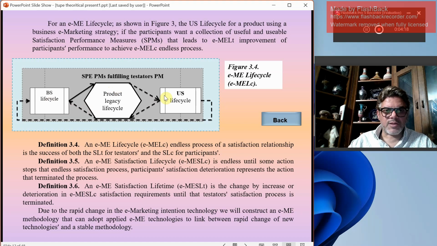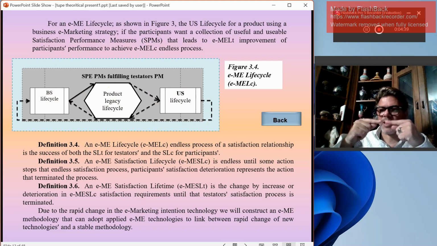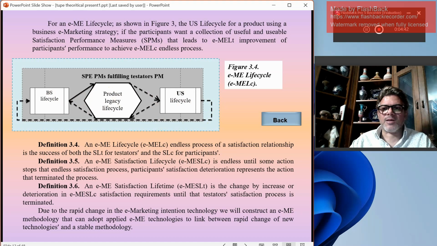So I've talked about all these arrows and everything, but this one we didn't talk about. I don't want to talk about it right now, but what I want to talk about is there is no direct relation between the business and the user. The business talks to the product and the user talks back to the product, but the user and the business do not talk to each other. They do not link directly to each other because they cannot understand each other. The business is linear progression, the user is independent and ambiguous, then they cannot communicate. That's why